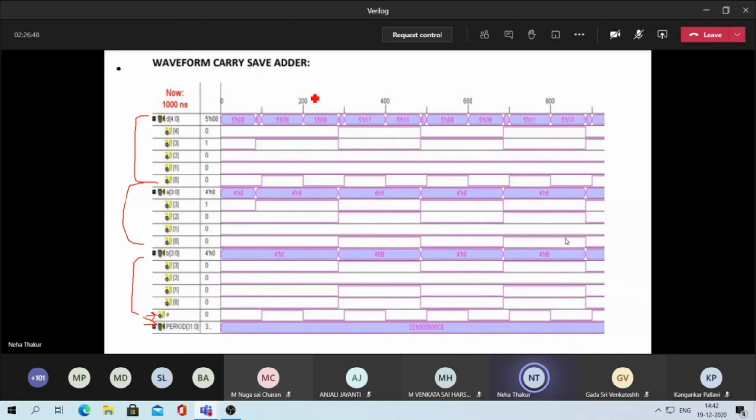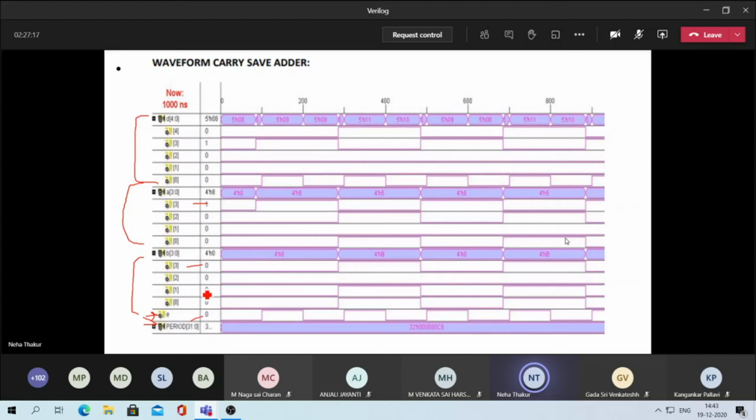So here if you check, at this point we have to check it bit by bit. Let us check this value. This value is 0, E is 0, and A3 is 0, B3 is 1.